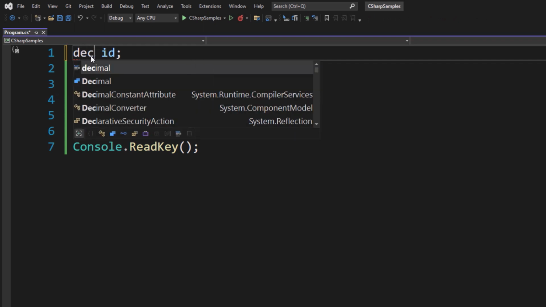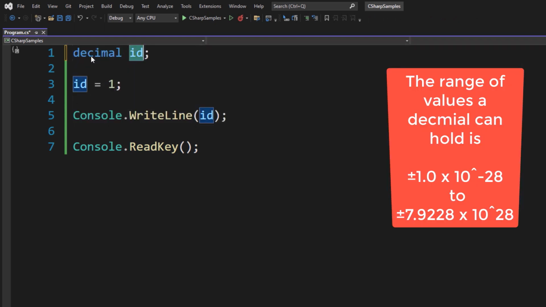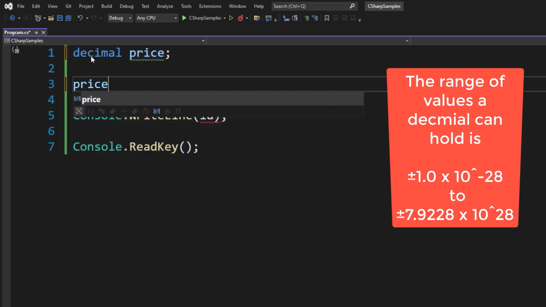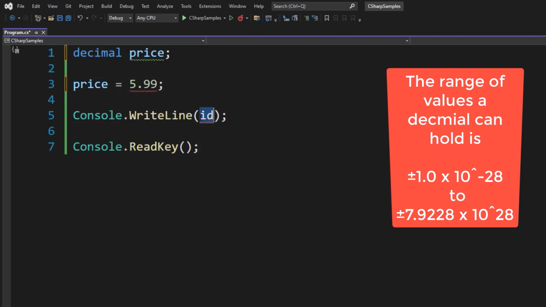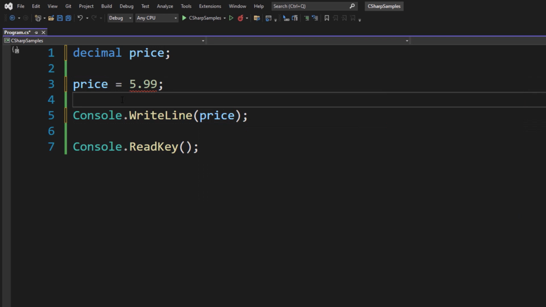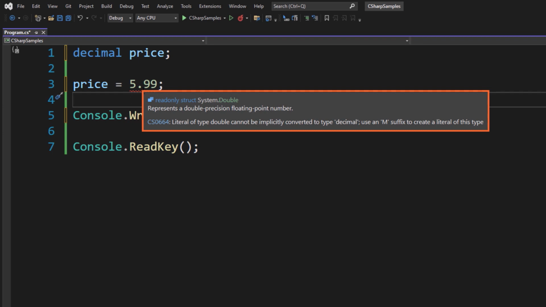Let's now do a decimal, for example. This one is a floating point type of number, so I'll maybe do price, and I'll do price equals $5.99, semicolon, and we'll display price. But we have a problem, and Visual Studio is giving us an error here by this little red squiggly we see. If we hover over that, it will give us an example of what's wrong and hopefully some idea of how to fix it. So in this case, it's telling us that the literal of type double cannot be implicitly